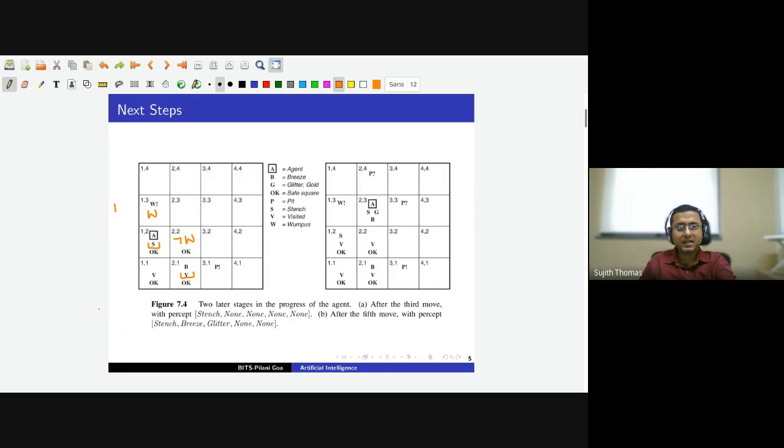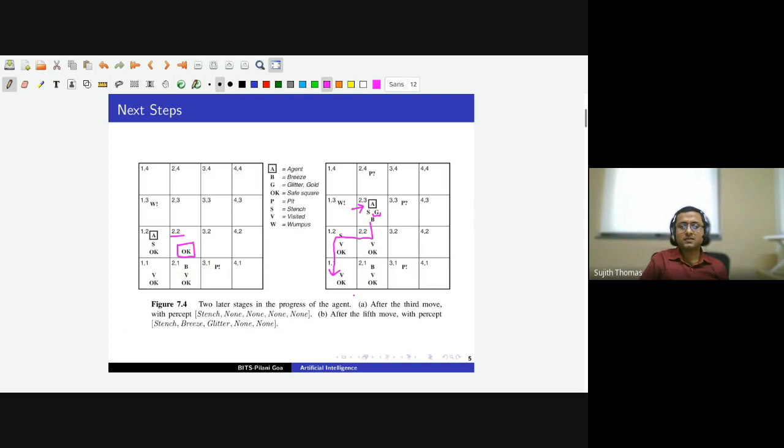So now that it has made these inferences, the agent will mark the room 2, 2. So this is 2, 2 as okay. So now this room is okay, and it will move to the new room 2, 2, and so on. And let us say that finally it reaches room 2, 3, where it is able to perceive glitter. And therefore gold must be present there. So it picks the gold, and now it knows what is a safe path back to the home cell 1, 1. So it traverses back through the safe path and reaches 1, 1.